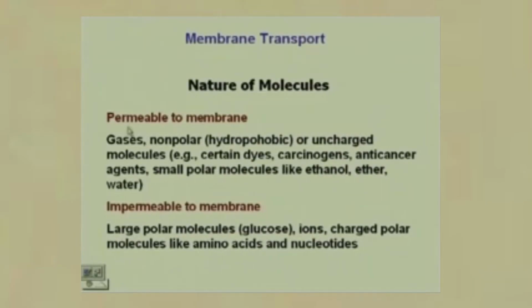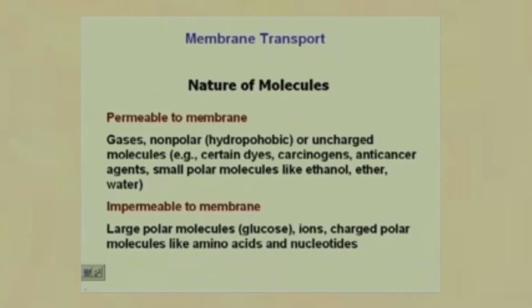First of all, we consider those that are permeable to the membrane and those that are impermeable to the membrane. For example, small non-polar, hydrophobic, uncharged molecules, small polar molecules, and gases would be permeable to the membrane because they would generally diffuse through the membrane. But if we look at other molecules, larger polar molecules, for example ions or charged polar molecules like amino acids and nucleotides, for example adenosine monophosphate, AMP, ADP or ATP,